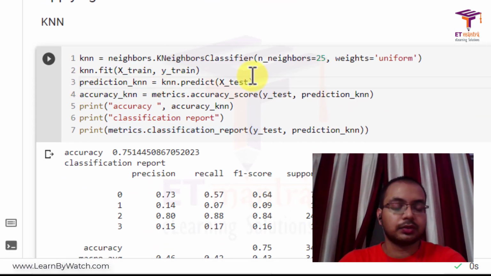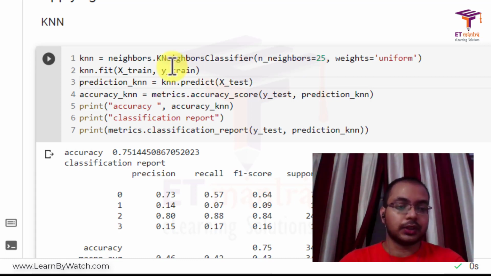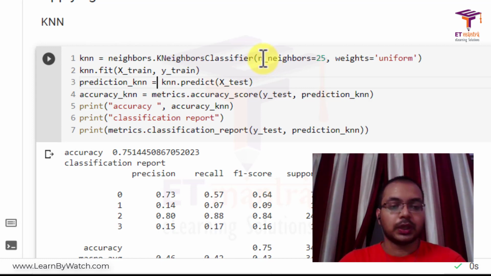Okay, so we will apply our first model to our dataset. As I had already mentioned two times, you need not know all the steps since we have different functions. So we had imported neighbors, and from neighbors.KNeighborsClassifier we create an object. We pass two parameters here, which are n_neighbors and weights, and with this object we just fit X_train and Y_train. So see how easy it is. We just need to write one line of code and our model is trained. After the model is trained, we get the predictions from knn.predict and we pass the test dataset.